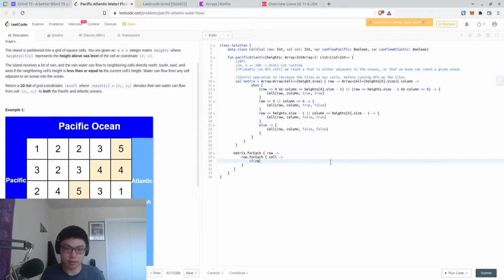If cell.canFlowSpecific is false, or, yeah, if cell.canFlowSpecific is false,